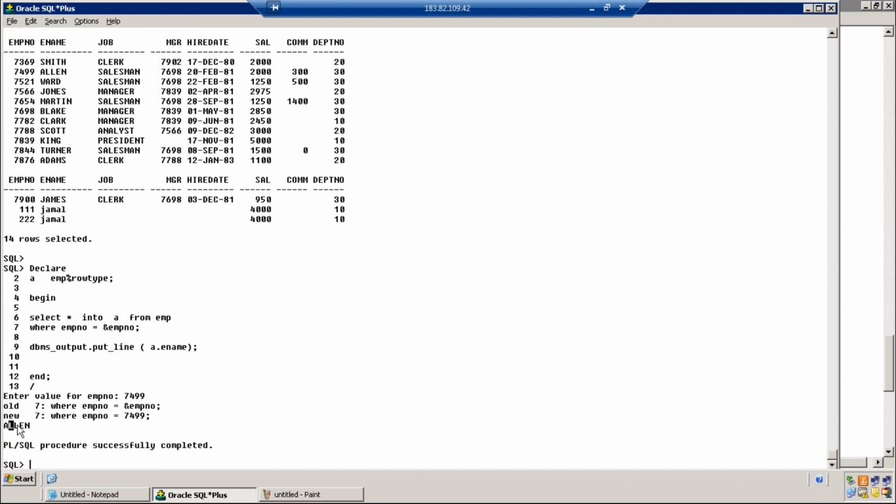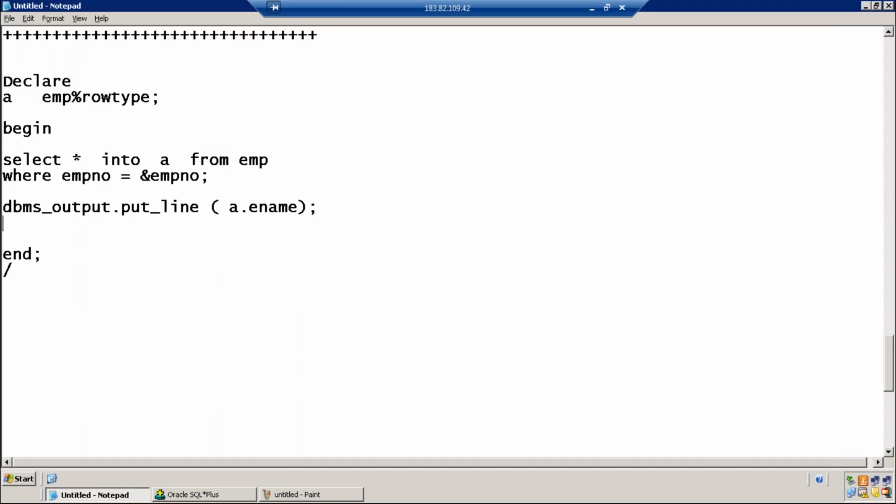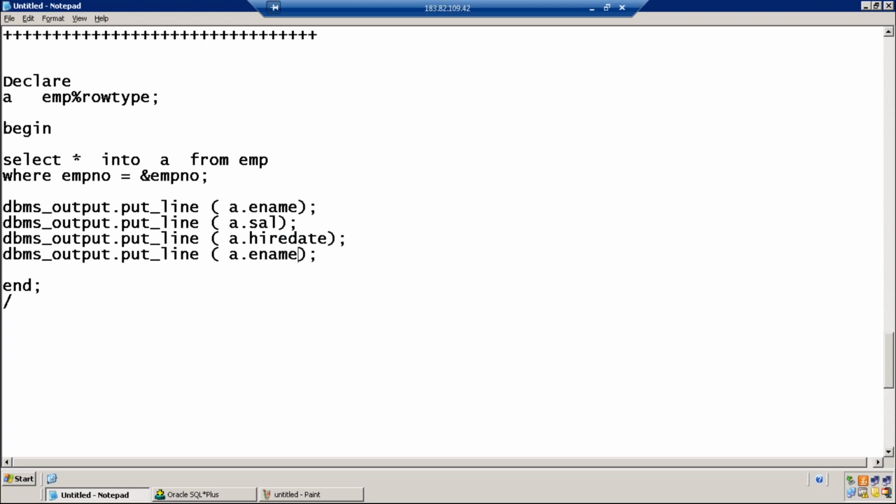Now I want to print the salary. How to refer salary? Row type variable name dot column name salary. Are you understanding? I want to print hire date, A dot hire date. I want to print job. Row type variable name dot column.